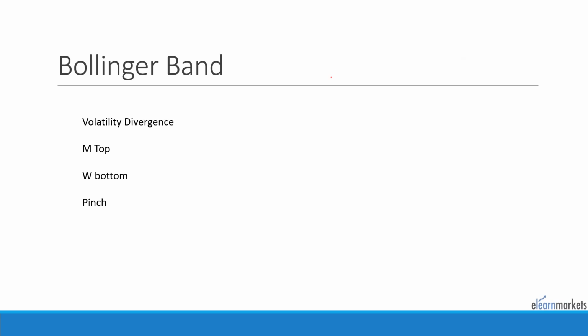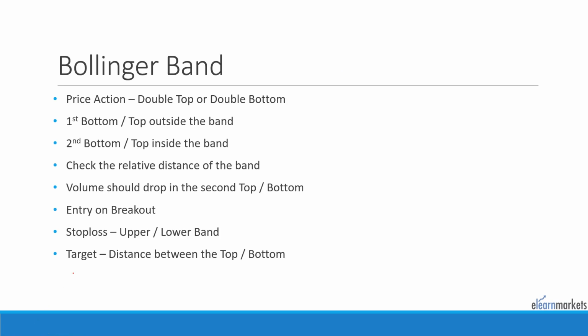Okay, so we use the Bollinger Band with M top and W bottom. Now what is an M top and what is a W bottom? I think we all know. Price making a double top, or price making a double bottom. So the first thing we do is, whenever we are identifying a double top or double bottom on the charts,